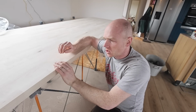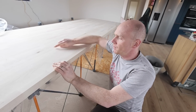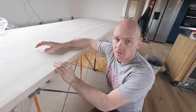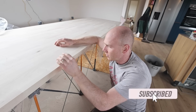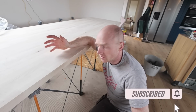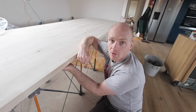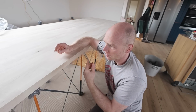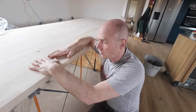So I was trying to work out which side we would want as our visible top surface. This one's got a couple of dark spots, not really knots, but just some marks. But it looks like they've actually decided that for us, because this has only been finished to, I don't know, like an 80 or 120, whereas the top, or the bottom in this case, feels a lot smoother. So that's exactly how we want it, because our very first job today is going to be to seal the